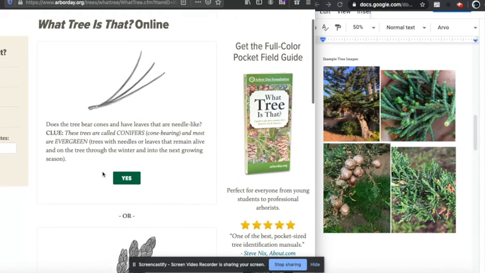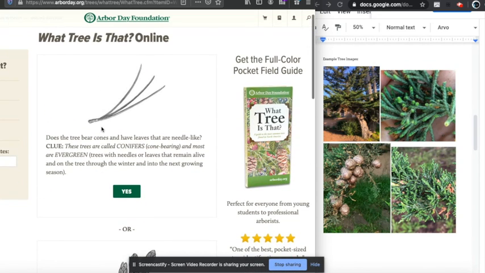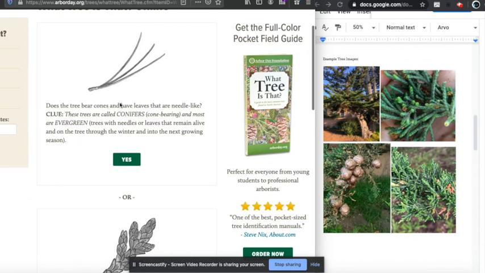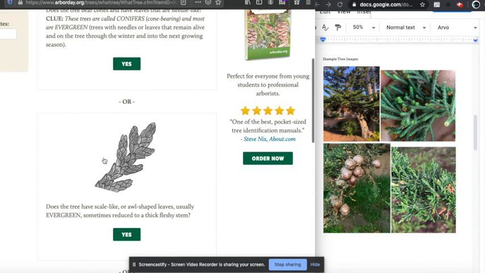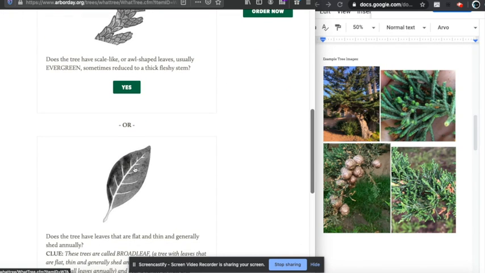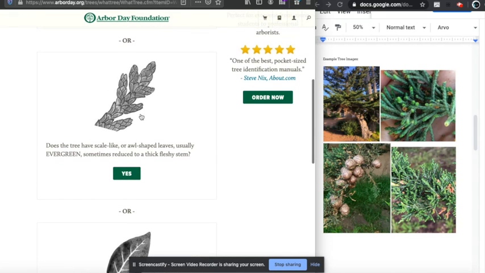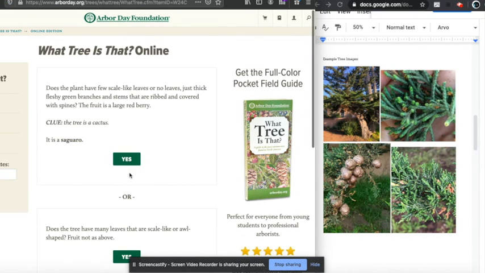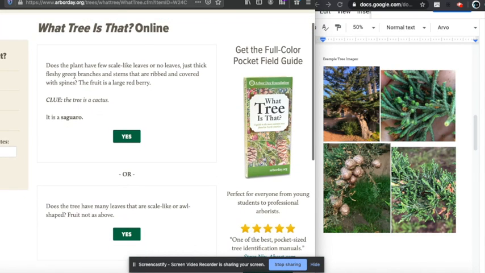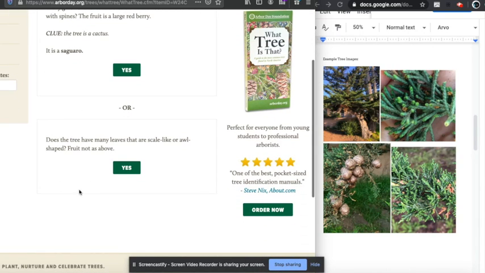And then we want to identify first whether or not our tree has cones or needles, or these awl-shaped leaves, or a flat leaf. And typically a dichotomous key only gives us two options, but here we have three, and you can see from this picture that this is a pretty close match. So now what? Does the plant look like a cactus? Doesn't seem to be. The fruit is not a large red berry. It's these sort of scale-like